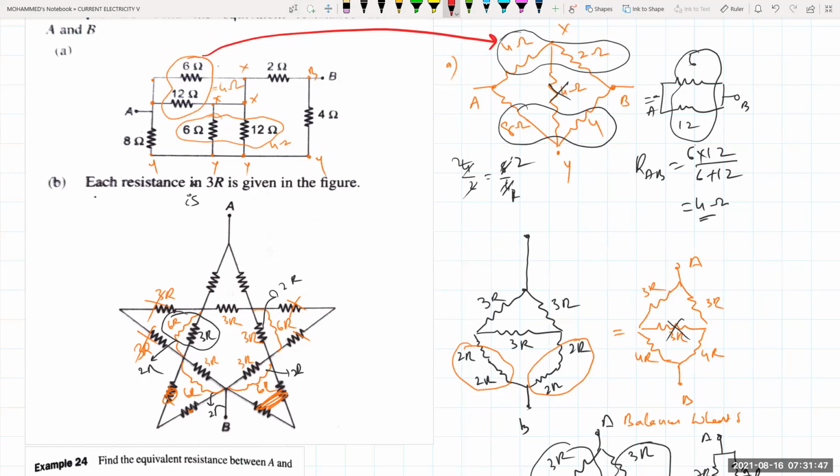Between X and Y. See, if this is Y, this is also Y, because this is totally one single wire, beta. Now everywhere the potential will be the same. So if this is Y, this is A, and this one is also A, this one is also A, and this one is Y. Between A and Y, there is how much for me? 8 ohms. Between Y and B, there is 4 ohms. And between X and B, there is 2 ohms. So the middle one will become ineffective because it is forming a Wheatstone bridge. Isn't it? So as it is forming a Wheatstone bridge, try to simplify the circuit.